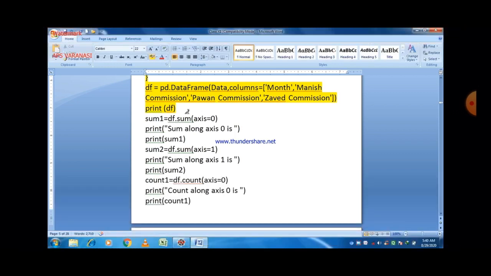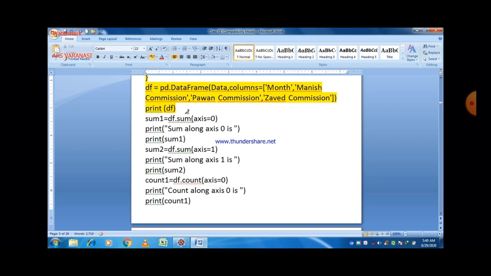You can easily see on the screen. Then there is the creation of the data frame. For that purpose we take a variable named df, which is the name of the data frame, and write df = pd.DataFrame. pd means pandas, which is the name of the library, and DataFrame is the name of the method, and we just pass this dictionary as a parameter value.